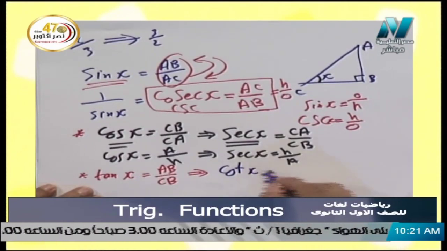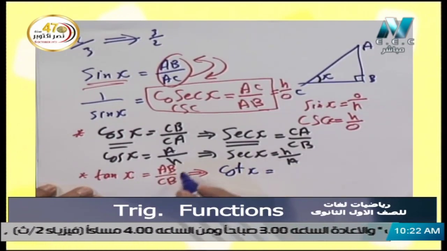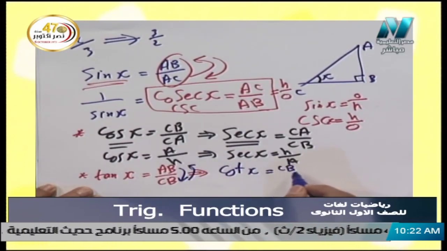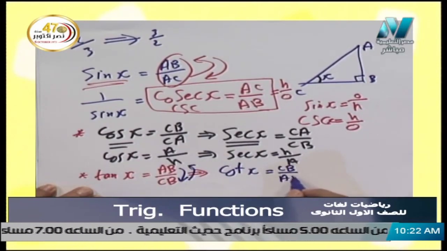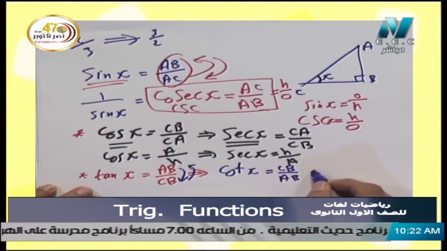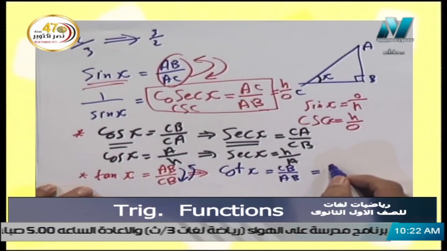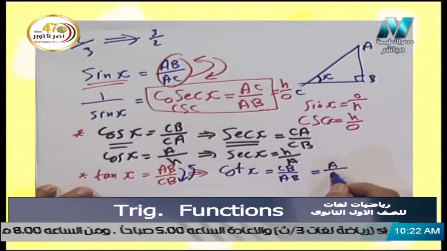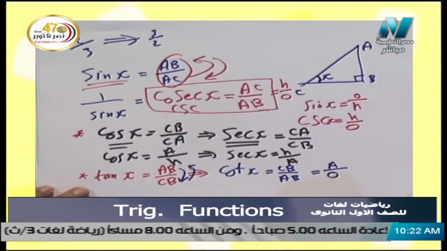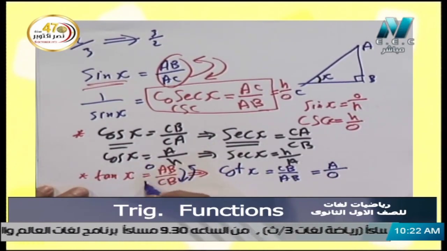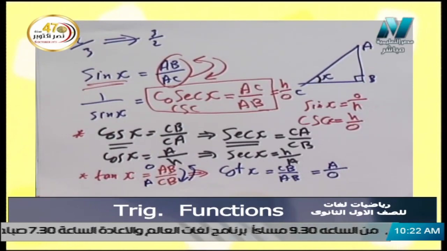Cotan x is the reciprocal of tan, so it equals CB over AB, and of course cotan x equals adjacent over opposite, because here tan x equals opposite over adjacent. Okay,